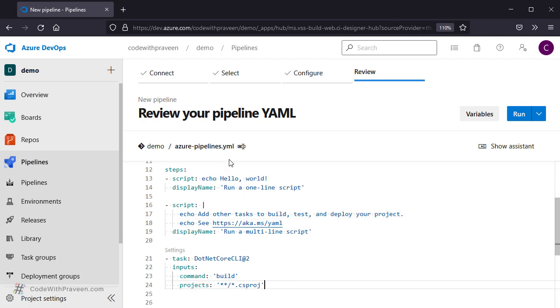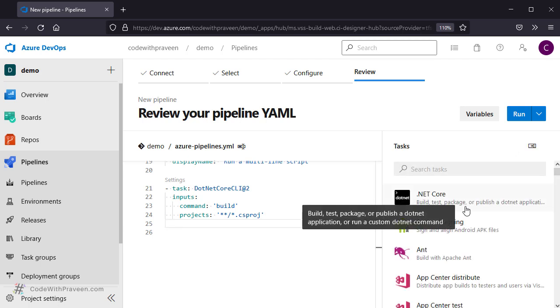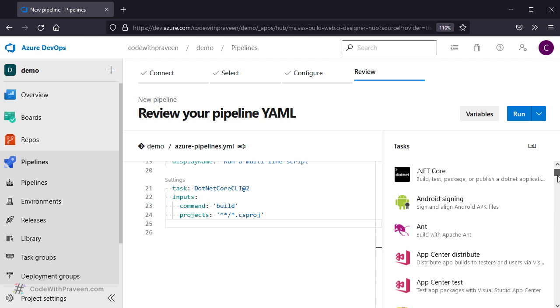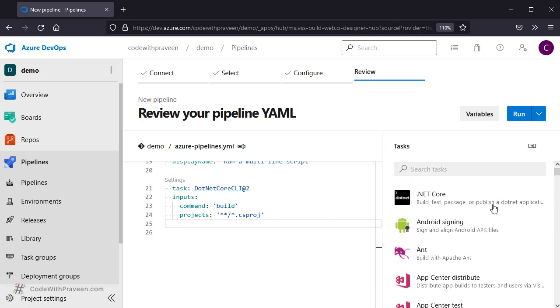Finally, if you look at the top of the file name, you will notice that the extension is .yml. This is the format used by Azure DevOps to represent a YAML file. Next, let's go and include additional steps to this YAML structure. To add, either you can manually key in the details or you can use a UI representation using this assistant. So this shows the list of all steps that you can consider to add when you are working with YAML pipelines.